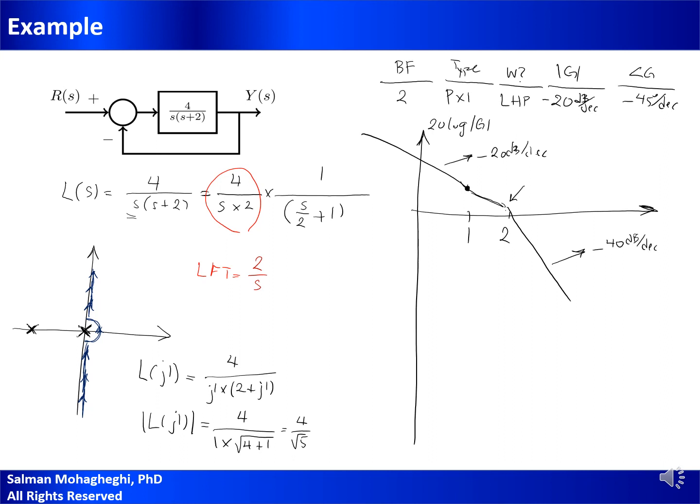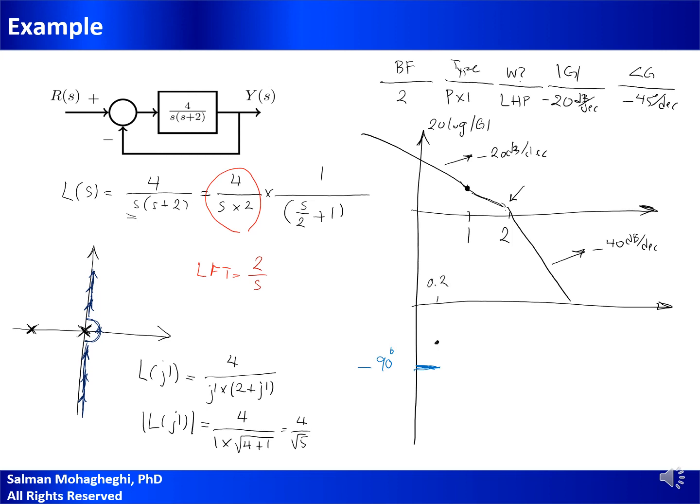How about the phase angle? Let's look at the low frequency term. So low frequency term is 2 divided by s. Angle of low frequency term is the angle of 2 minus angle of s, or j omega. Angle of 2 is 0. Angle of j omega is 90 degrees. So angle of the low frequency term is going to be minus 90 degrees. Okay, and then from somewhere, let's say this is 0.2,